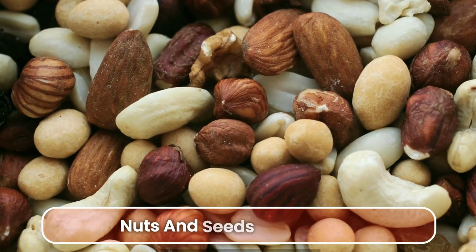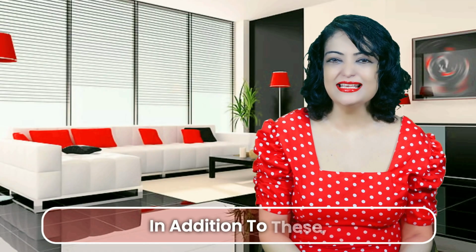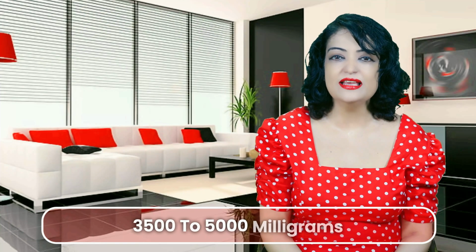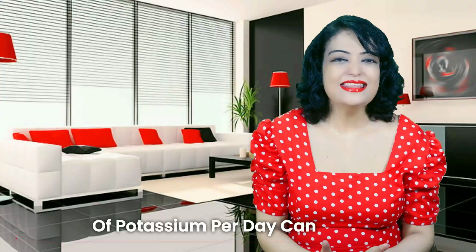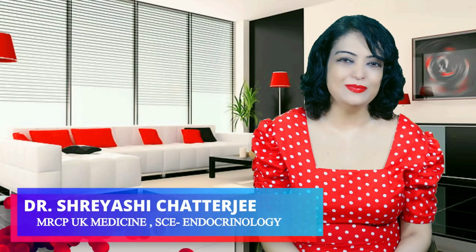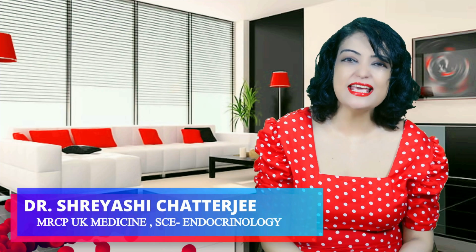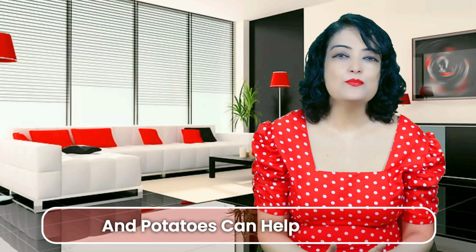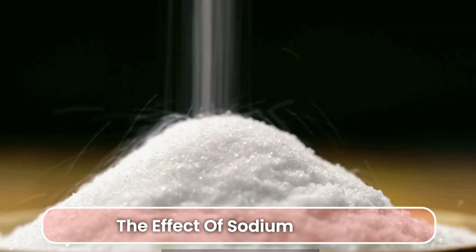Use healthy fats like olive oil, nuts and seeds for healthy fat sources that can promote our cardiovascular health. In addition to these, increase the amount of potassium in your diet. 3,500 to 5,000 milligrams of potassium per day can help to decrease your high blood pressure. Increasing your intake of potassium from sources like bananas, spinach and potatoes can help balance the effect of sodium, further